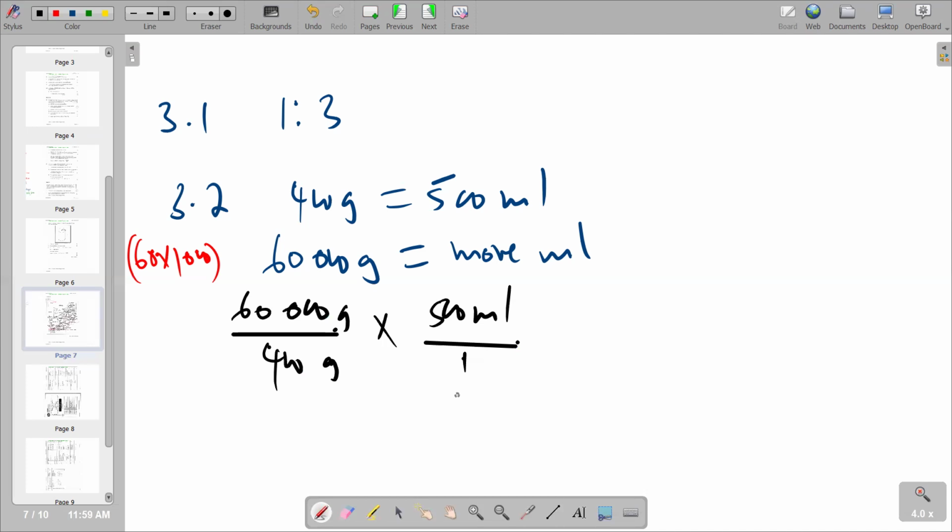We can further calculate this proportion: 60,000, and then we divide by 400, and the answer that we get, we multiply by 500. So we are going to get 75,000